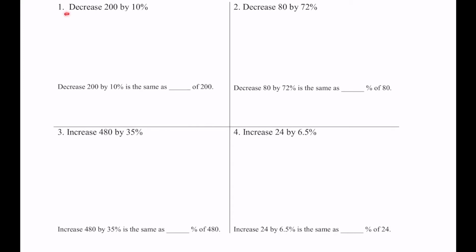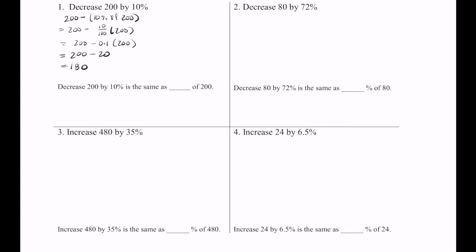So let's start with example 1, which is to decrease 200 by 10%. So we want to start with 200 and subtract whatever 10% of 200 is. And when you see percent, you should think this number divided by 100. So this is 200 minus 10 divided by 100 times 200. So this is 200 minus 0.1 times 200, which is 200 minus 20,